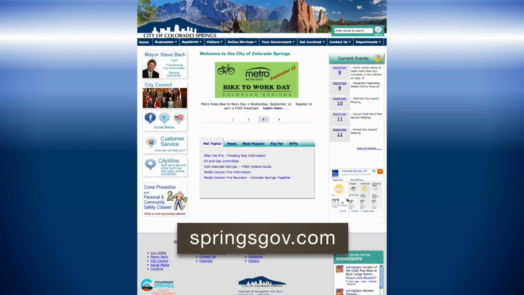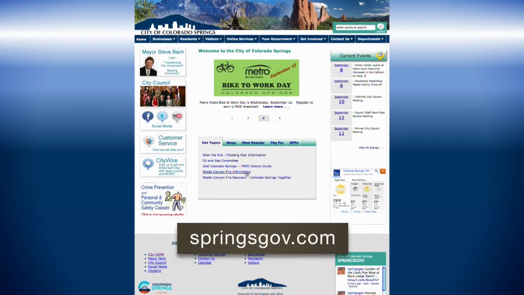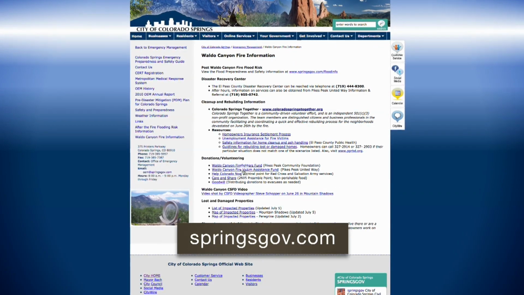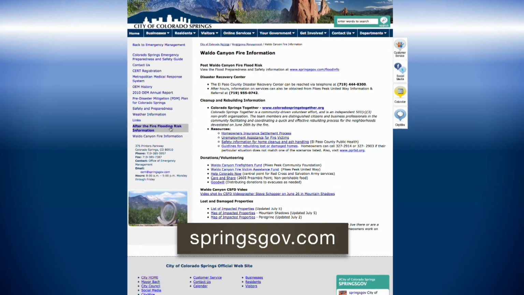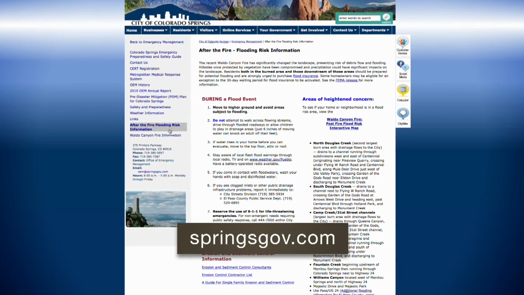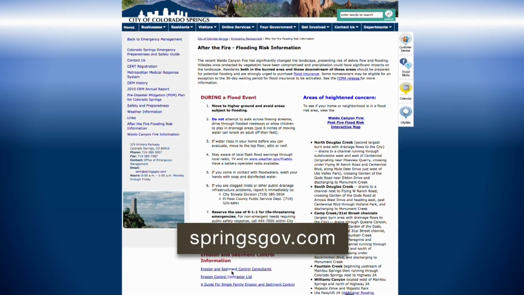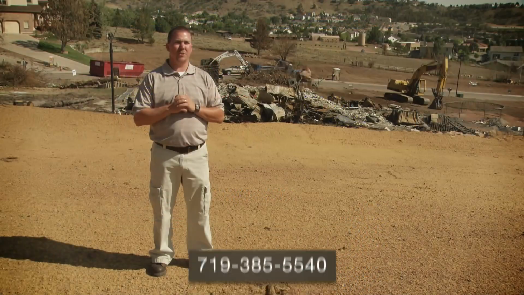The city's understanding is that the insurance company pays a percentage of the cost to provide erosion and sediment control on the lot. And this is part of the overall wrecking and debris removal. There's many qualified erosion control contractors in the area. If you need help finding one that's qualified, you can either look on the city's website at springsgov.com or you can call city engineering at